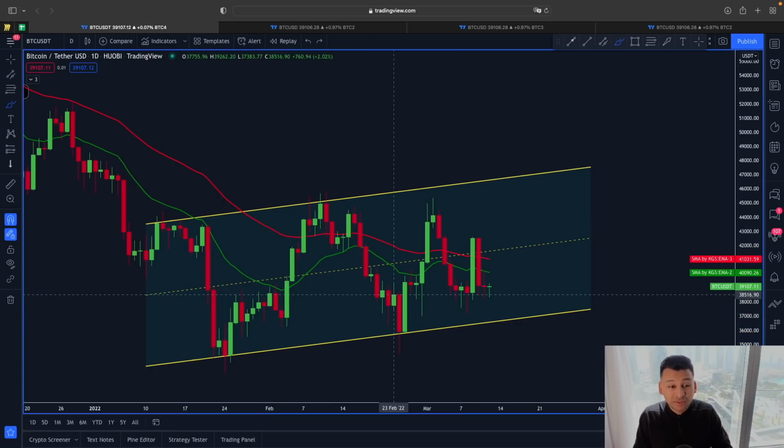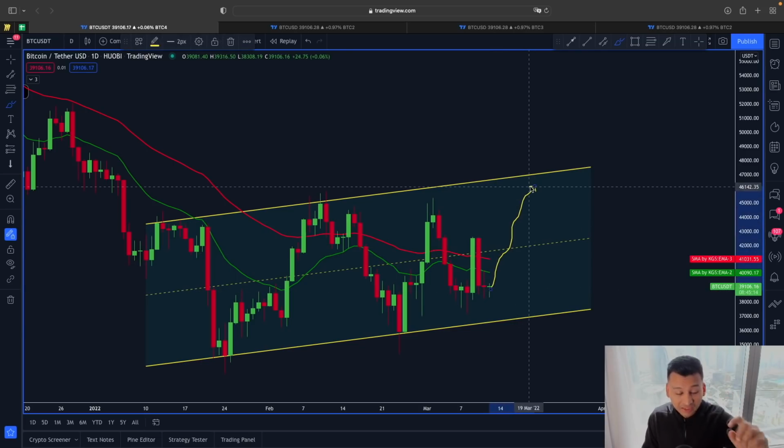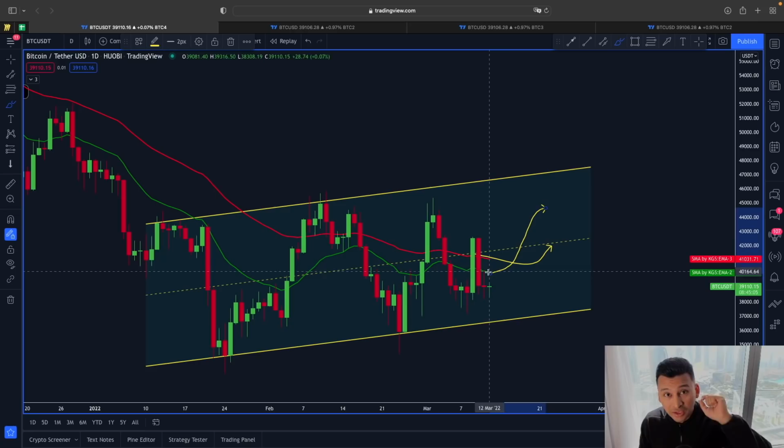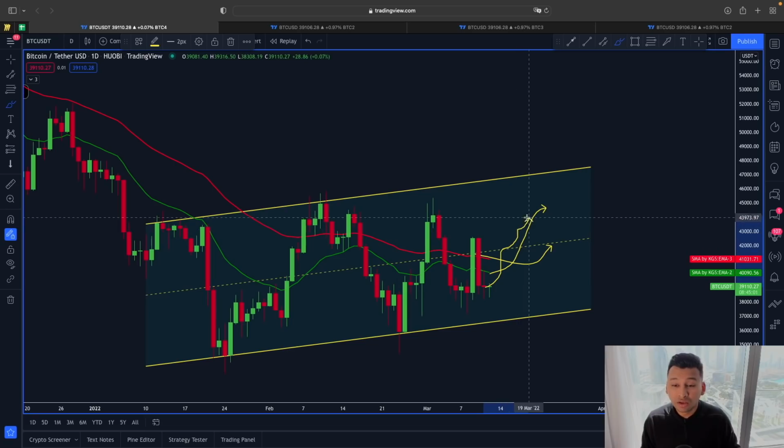So right now, if this is going to be another similar price movement, with the price of Bitcoin again approaching towards this upper line area, for that what we want is for the price of Bitcoin first to see this crossover happening. And if this crossover is going to happen, then there is a very likely scenario that it's also not going to be a fake out, and we are going to see this actual trend reversal towards this 45,000 range in